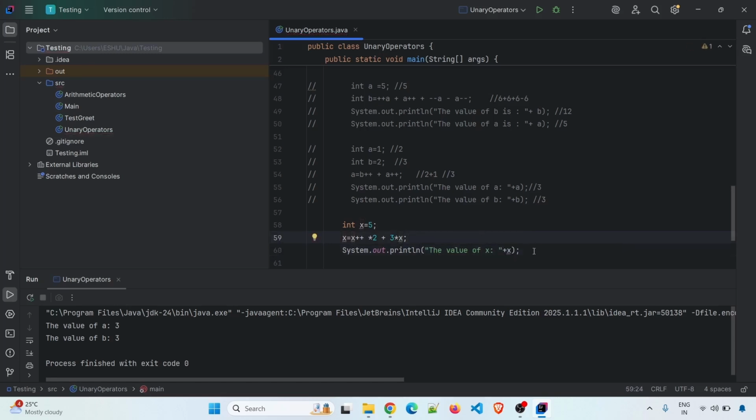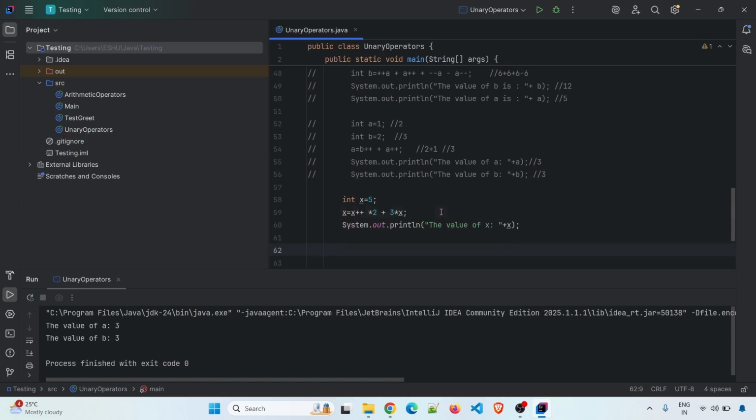Now let's have a look at the code. Here, the moment we see the variable x, we use it. So the value of x is 5. Use 5. Now the increment operator, so the value will become 6. 5 multiplied by 2 plus 3 multiplied by x. Now x is 6, so we will use 6